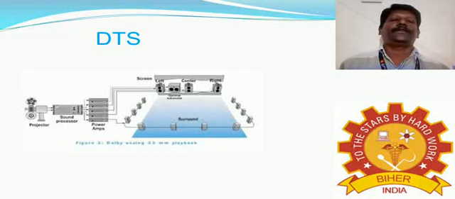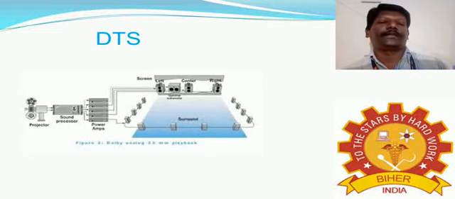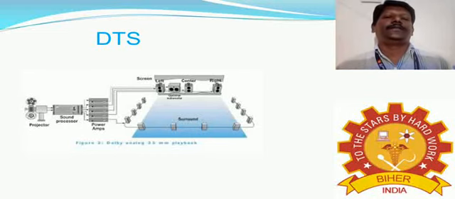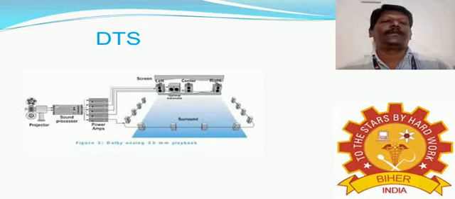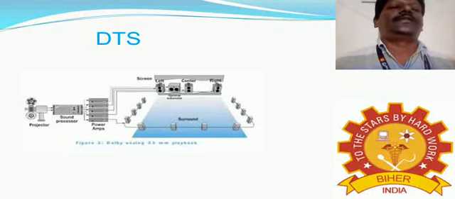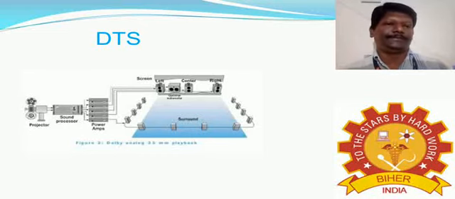When they reproduce or screen the film in DTS, the projector reads DTS time code and it is sent to sound processor. So sound processor reproduces sound from the disc, then it can be routed to the power amplifier. Then output of the power amplifier is connected to the respective speakers. In this format, there are 4 speakers behind the screen: left, center, right, and subwoofer, and also has left surround and right surround.